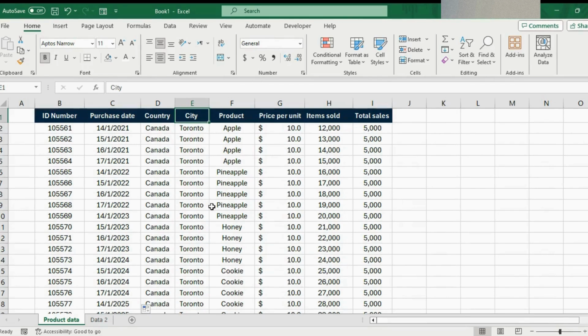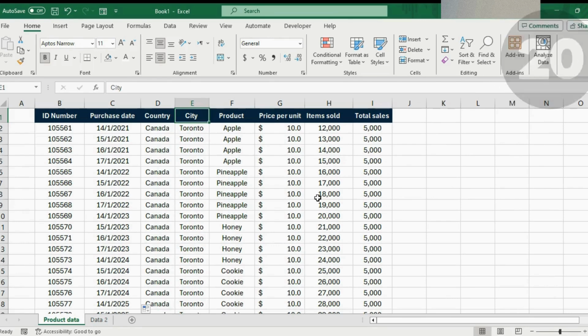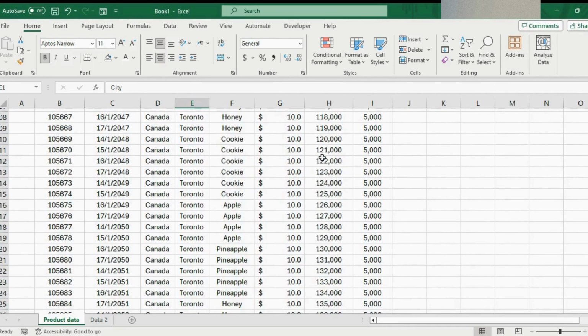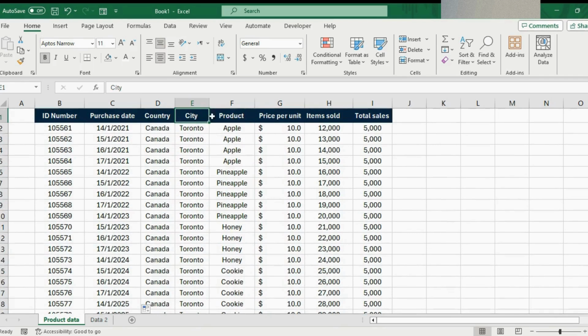Alright, so here's the Excel file that we will be working with. Let's get started with number 20. As you can see over here in the table, we have all of this data down below, which when you start to scroll down, you can actually no longer see the header. So we are not quite sure what this is referring to, and the same thing with all of these other ones. What we can do here instead is actually just do a shortcut, which is going to freeze that top